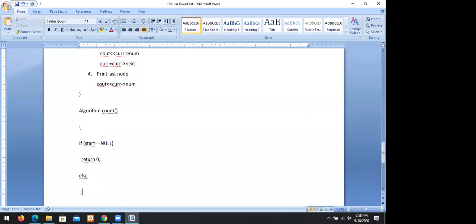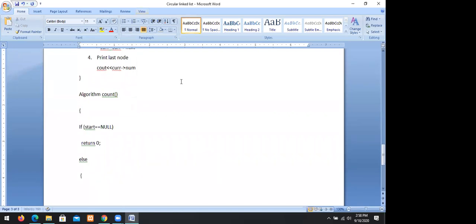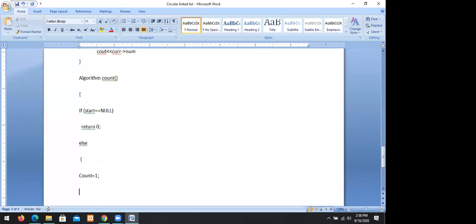Else we have the list. Initially we have count equal to 1, current equal to start.